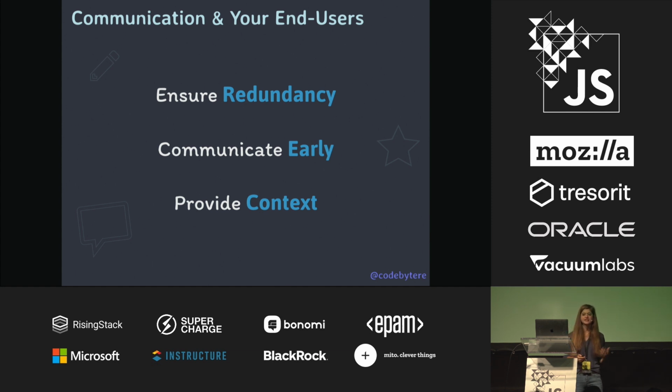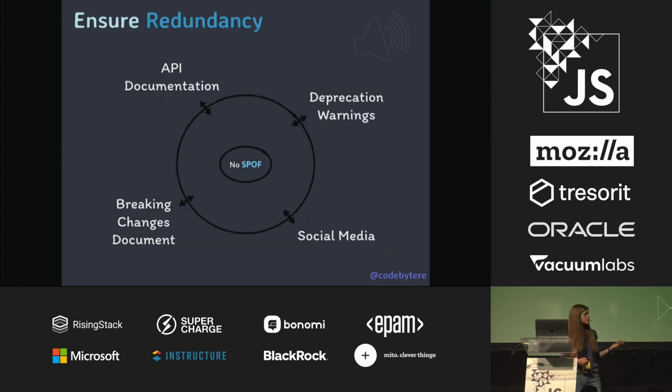The only way to set expectations and ensure that your users are aligned with your efforts is to communicate with them as far in advance and with as high a degree of detail as possible. To that end, optimal communication can be understood to fall into three big buckets: ensuring redundancy, communicating early, and providing context. Your users aren't and shouldn't be responsible for digging into the deep, dark depths of your documentation to figure out what's coming up soon. That burden is on you, the maintainer.